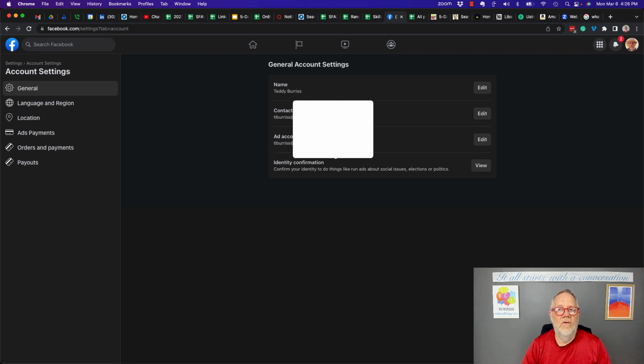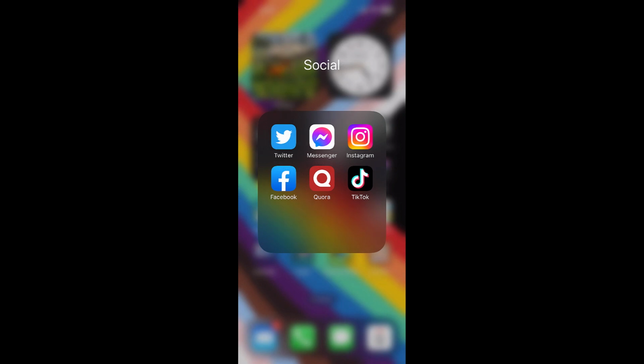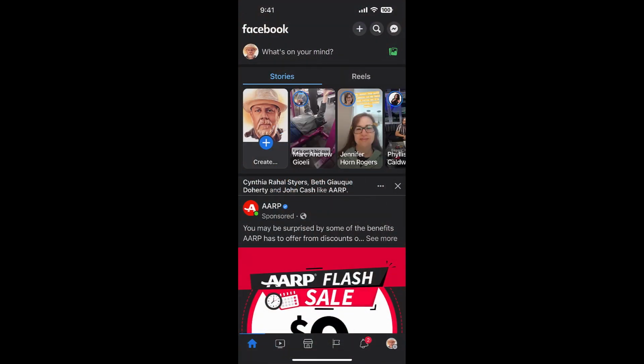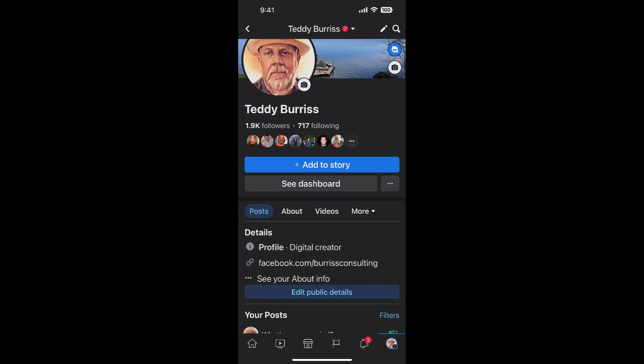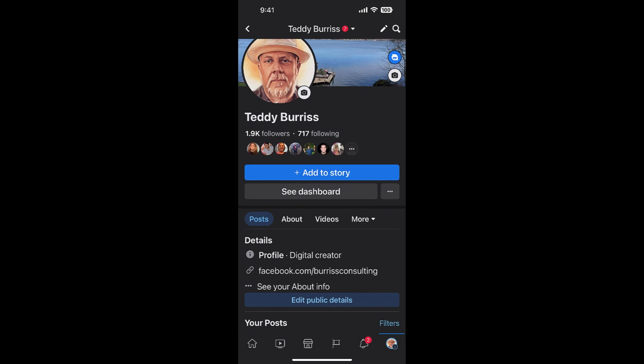Now let me show you how to do this on the mobile app. So let's take a look at how to do this on a mobile app. I'm using an iPhone. I'm going to go to the Facebook app. Go to my profile. Right here, I'm looking at my profile. Go click on Profile. There it is there. And then while I'm in here, I can click on my profile picture again, the bottom right, and I can